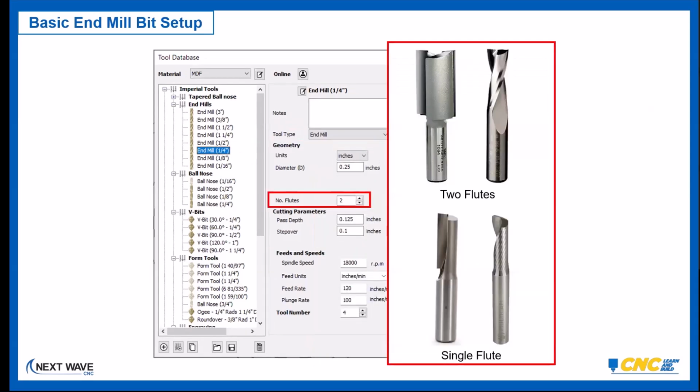Next in line is the number of flutes. Two flute and single flute are the most common bits and probably the recommended number of flutes to use on a small CNC. There are 3 flute bits on the market and even 4 flute. I've used those, but frankly, more flutes are not better. Fewer flutes are usually better with a desktop. And we'll get into some of the calculations later, but generally, 1 or 2 flute bit is what you should